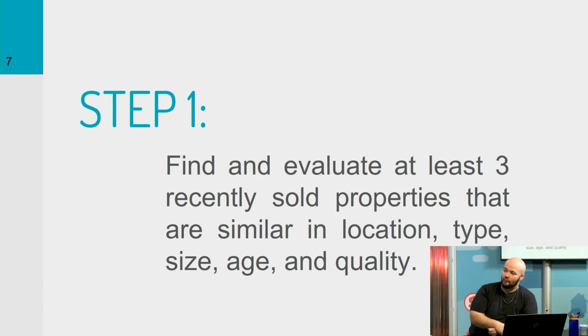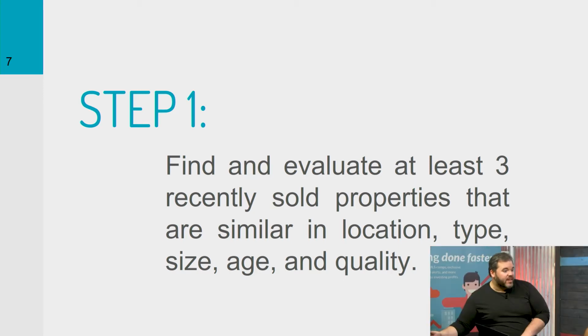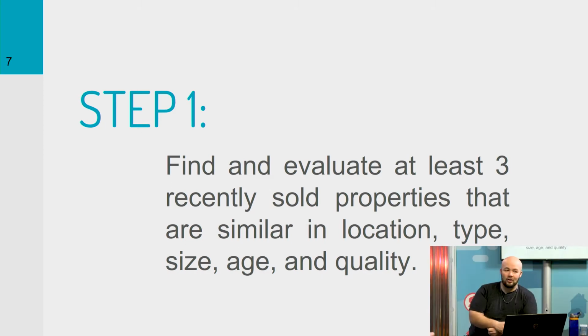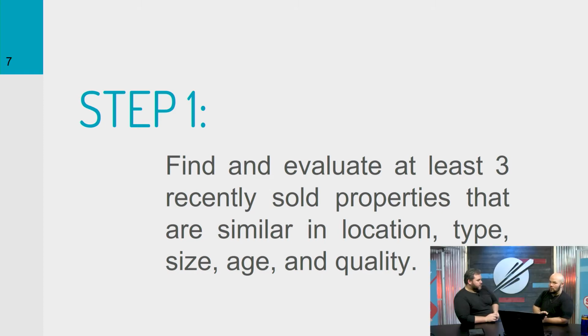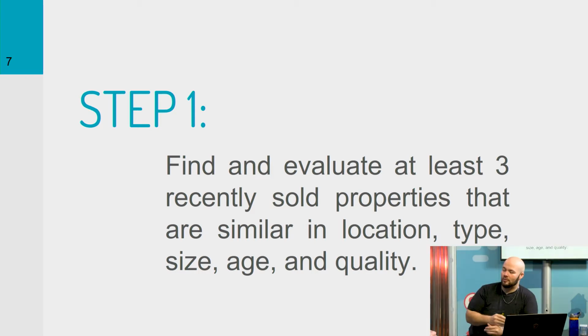Is there a top number? Or does a bigger number mean that's even better? Not so much a top number, but the more data you have to support your opinion. Like if I look at a specific subdivision and I see 35 recently sold properties and they're all really, on the low side, let's say 130, the high side 155. Well, then I can probably go through there and look at those 130 properties and assume, from looking at them, that those are my as-is properties, and the ones that are selling at 155 are probably my after repaired value.